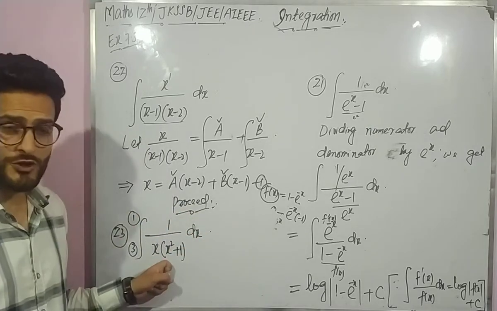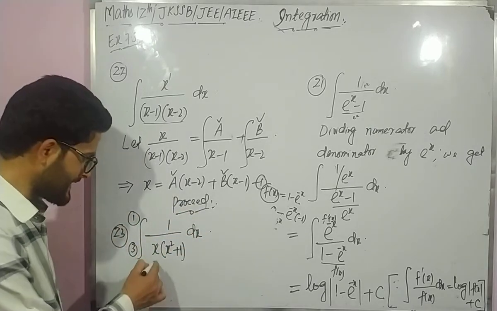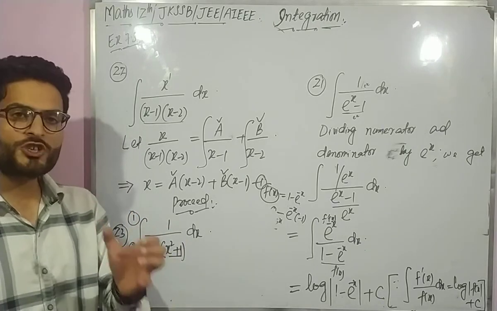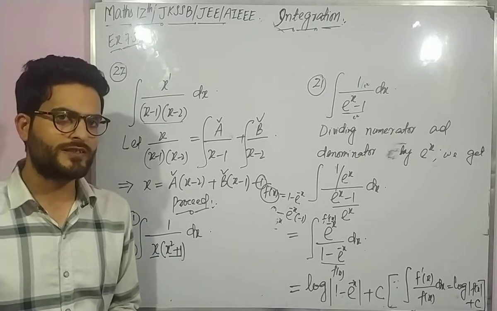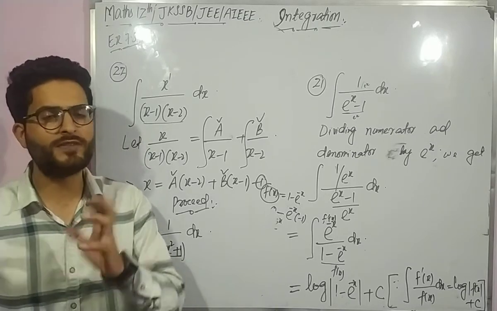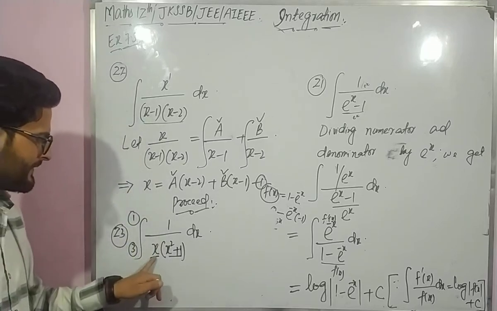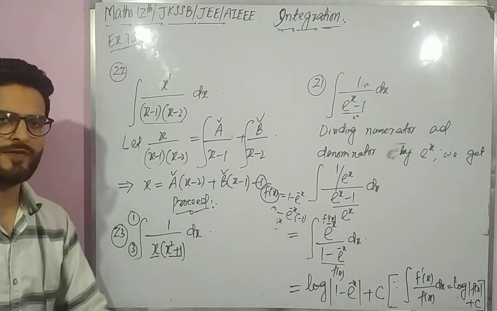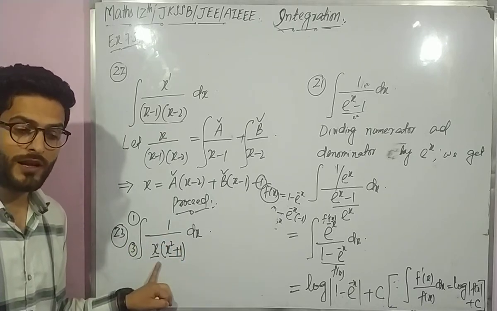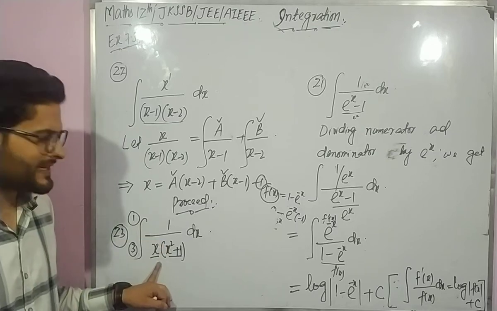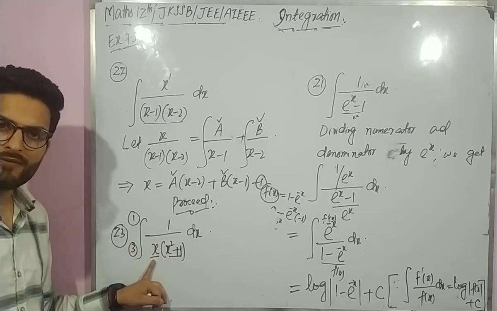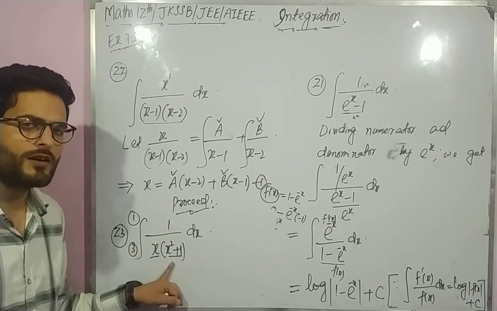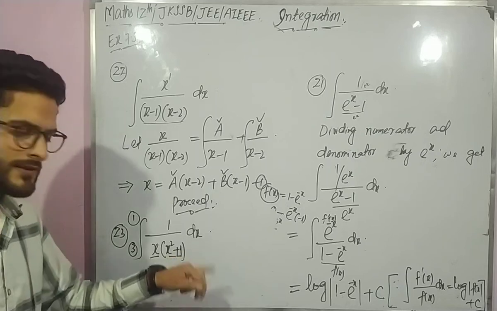And if it's a proper rational function, look at the denominator, where we have two factors: x, a linear factor, and x square plus 1, a quadratic factor. But we have to check whether the quadratic factor can be factorized or not. X square plus 1 is that sort of factor which cannot be factorized. So we have one linear factor and another quadratic factor. So according to the representation of partial fractions, this can be represented as a divided by the linear factor x plus (bx plus c) divided by the unfactorized quadratic factor x square plus 1.